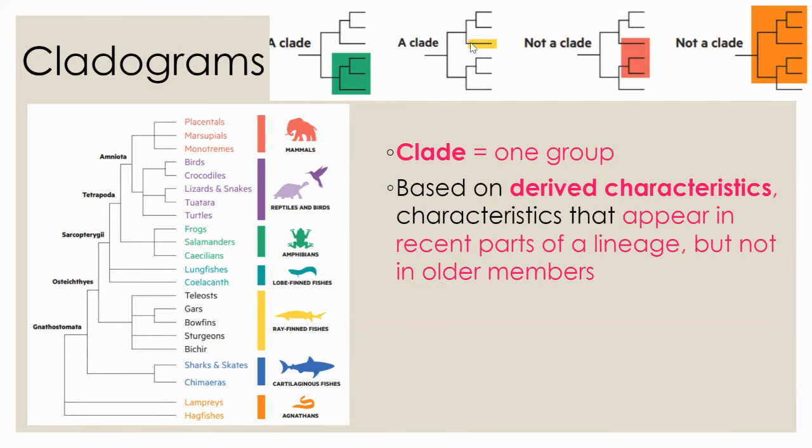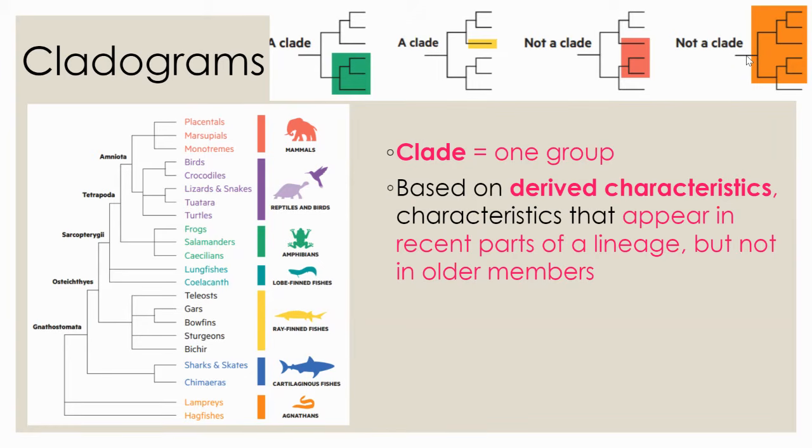Over here, this is one clade highlighted in yellow, that all the organisms in that clade have one derived characteristic in common. Over here, though, these are not the same clade because in this line, they have a different derived characteristic there. And over here, they have a separate one from that first one because you can see they kind of branched off differently. So that's not considered one clade because they branched off separately. And same here for the same reason. This is not considered a clade because, hey, they all branched off from this, but we didn't include this line. And that doesn't make sense because that would have early on had that derived characteristic.